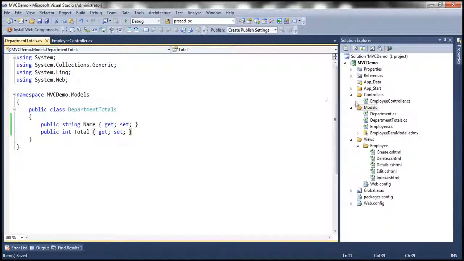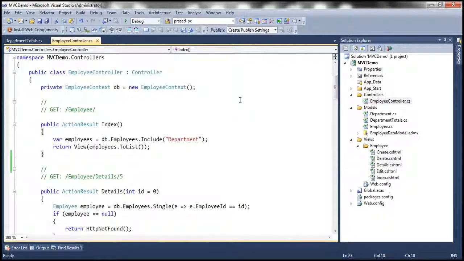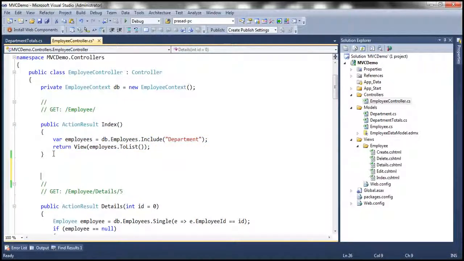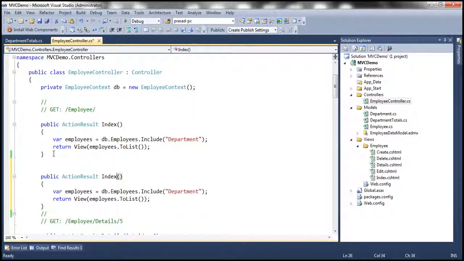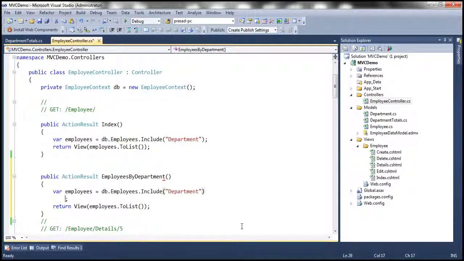The second step is to add an action method to this employee controller, which is going to return the total number of employees by department. So let's make a copy of this index action method and change it as required. Let's name our action method EmployeesByDepartment, and we want to retrieve all the employees and include department navigation property as well, and then we want to group by x such that